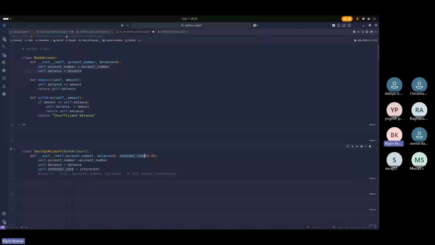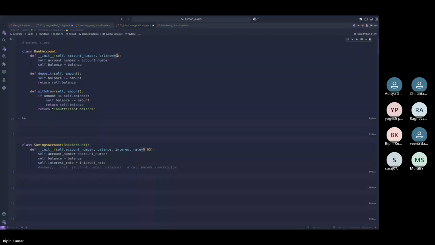Let's read this. So here account number, balance and interest rate. Means here three inputs are required and we have to write again in this format. Okay, but let's say you do not want to, because this is already written in the parent class and we are calling the parent class here. Okay, so to get these values, what we can write